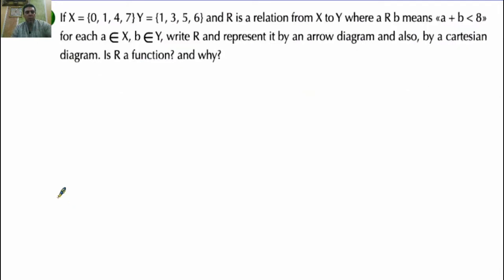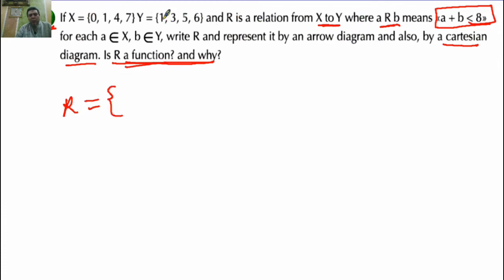Number 3. If X equals 0, 1, 4, and 7, and Y equals 1, 3, 5, 6, and the relation between X and Y means (a, b) such that a plus b is less than 8, for each a belonging to X and b belonging to Y. Write the relation R and represent it by arrow diagram and also Cartesian diagram. Is R a function? R equals